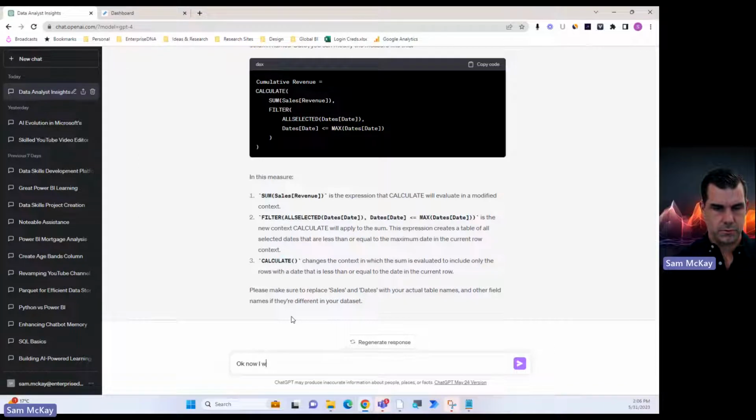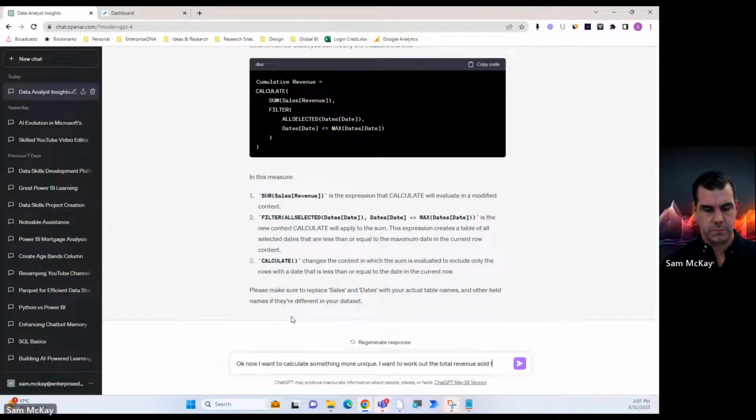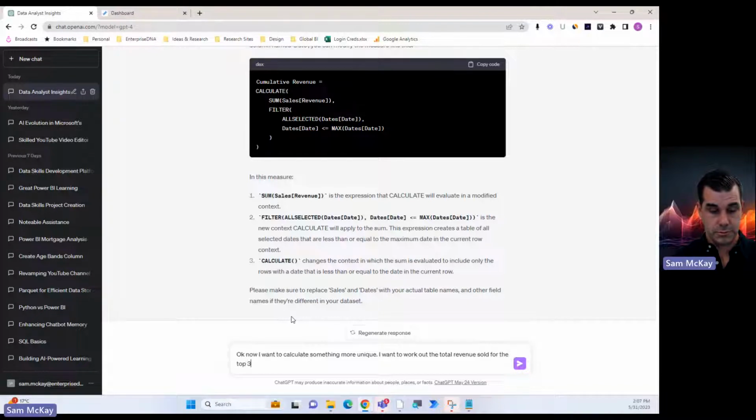Now I want to calculate something more unique. I want to work out the total revenue sold for the top 3 medical use products per region.